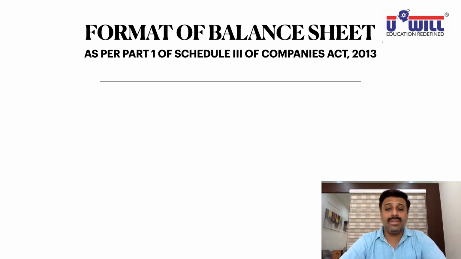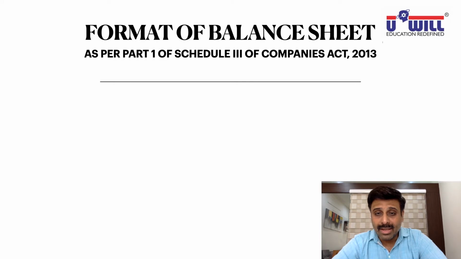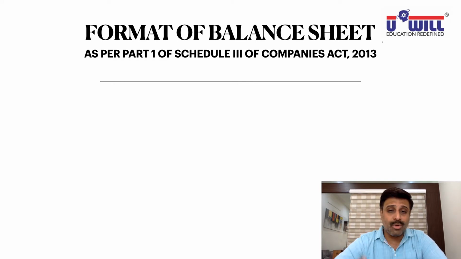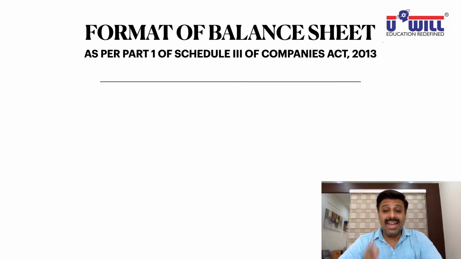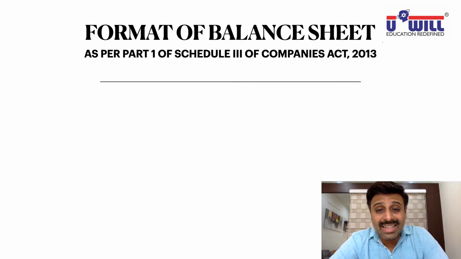Later on, there were changes made in Companies Act and the format from horizontal were changed to vertical. However, profit and loss was at some point of time still made in horizontal format, balance sheet vertical. This was the changes done. Then after some years again changes were done and profit and loss also in vertical format, balance sheet also in vertical format. And finally the changes have been done in 2013.